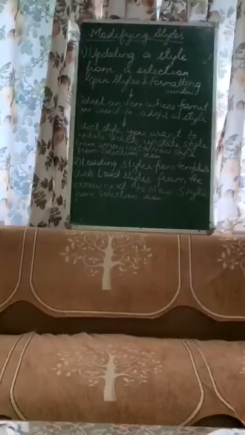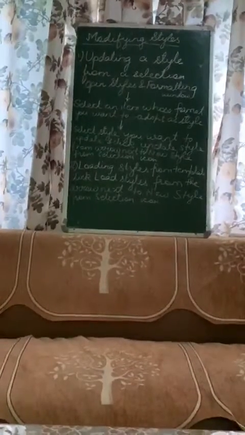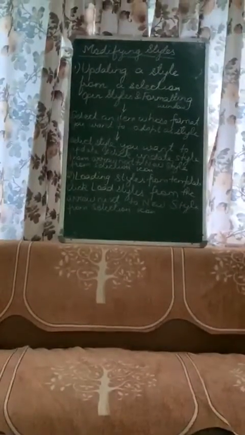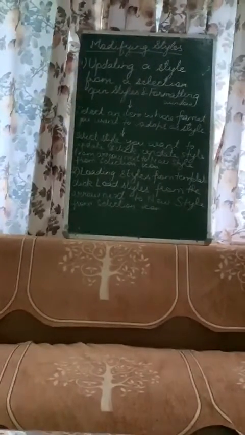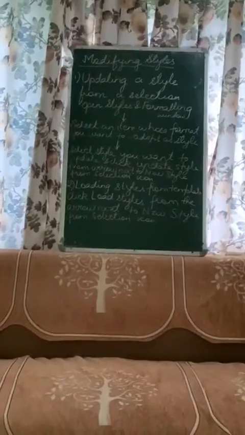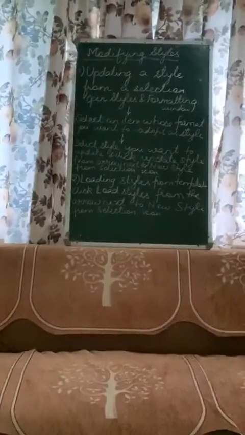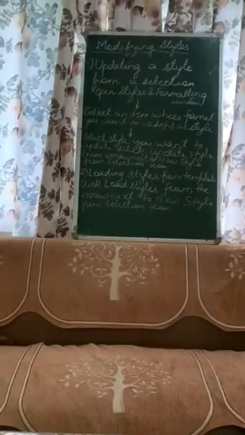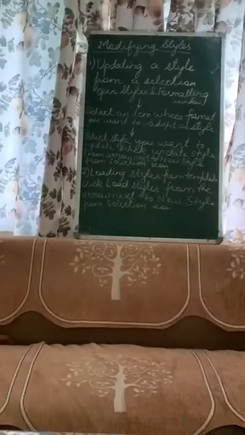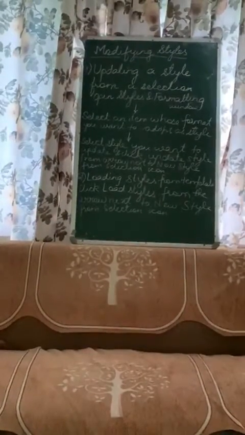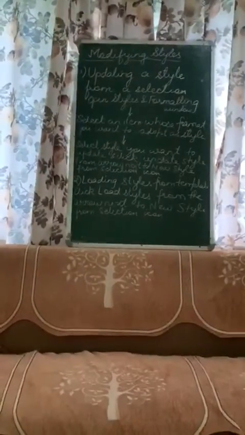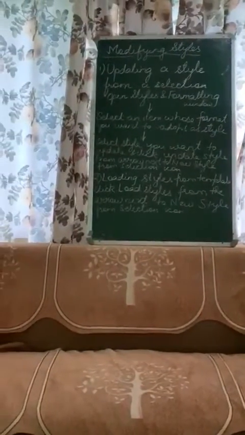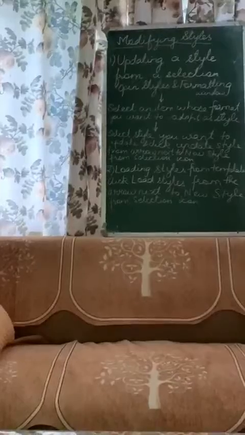Make sure that there are unique properties in this paragraph. For example, if there are two different font sizes, that particular property will remain the same as before. Now in the styles and formatting window, you will select the style that you want to update by single clicking, and then you will click on the update style option present next to the new style from selection icon. So these are the steps of how you can update a style from the selection.